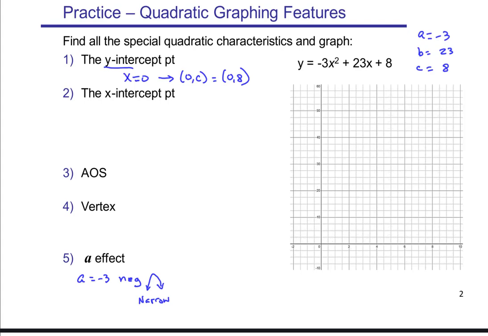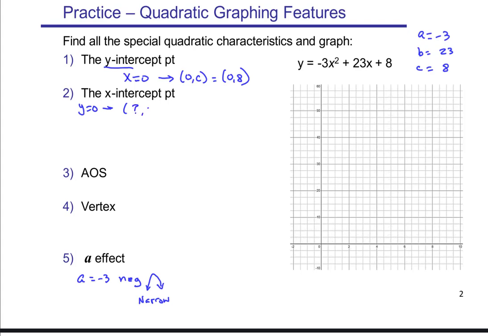And now let's find our y-intercepts. Now remember, I said that backwards. When we're on the y-axis, the y-intercepts, our x number is 0. Now we're going to go to number 2. When we're on the x-axis, our x-intercept points, that means y equals 0, and we're looking for an x question